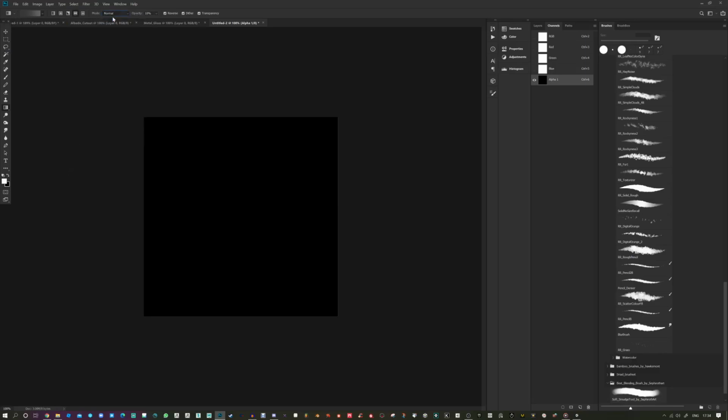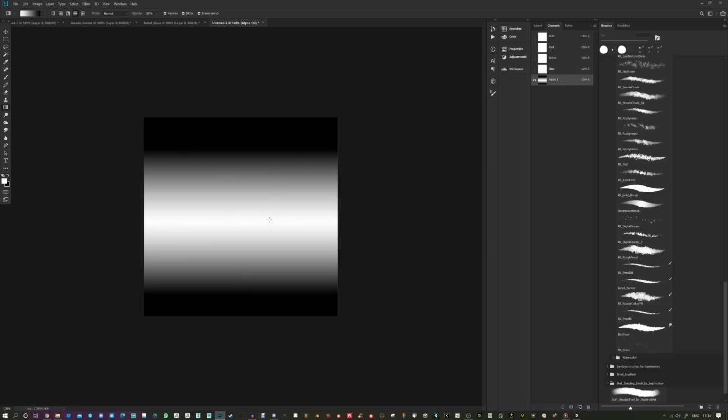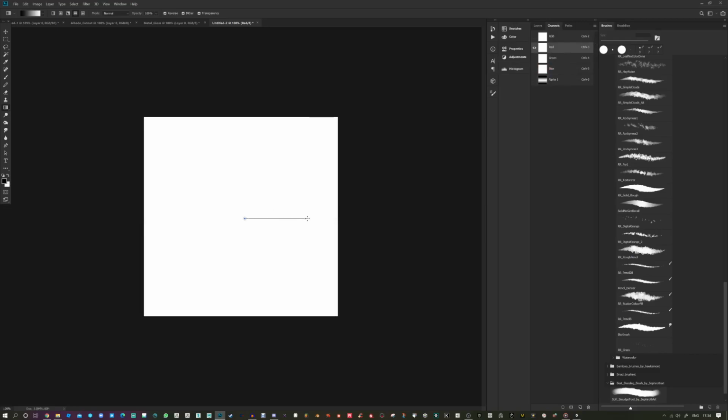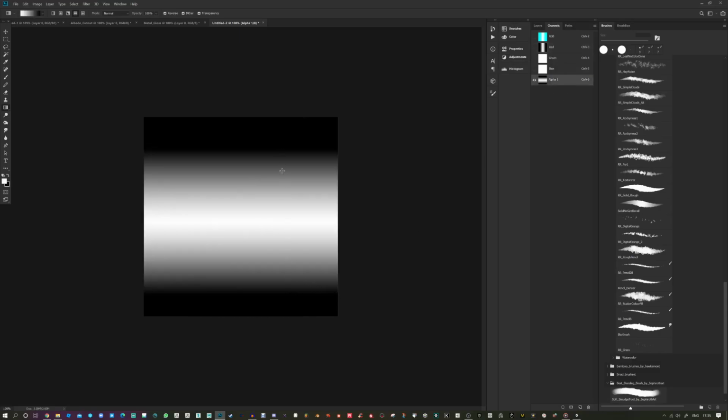Let's make sure you're on normal, this one, and full opacity. I'm just going to invert that. So basically the whiter it is, the smoother it is, and the darker it is, the rougher it is. Now we don't have anything in the metalness channel, so I'm going to do another gradient going this way. So you can see that we've got no metallicness, full metallic, and then in the alpha we've got no smoothness, full smoothness. The green and blue are not used at this point,